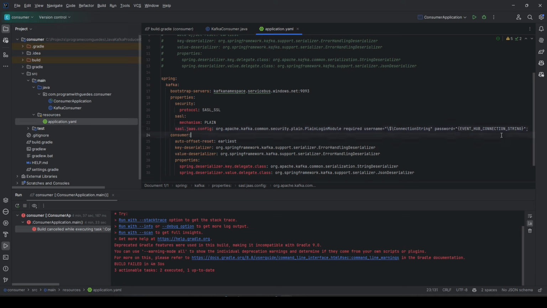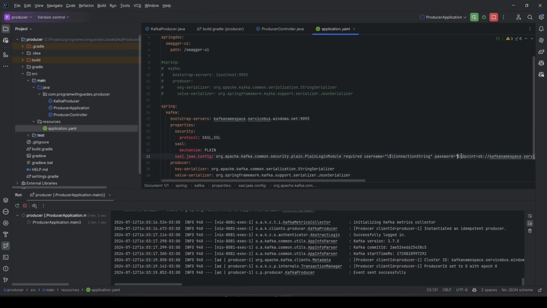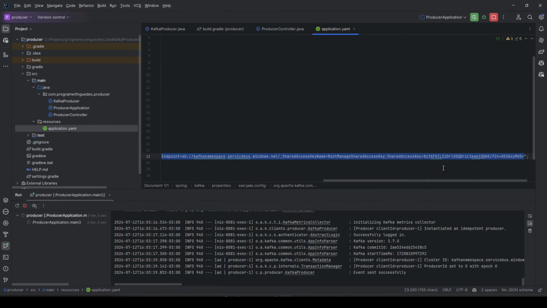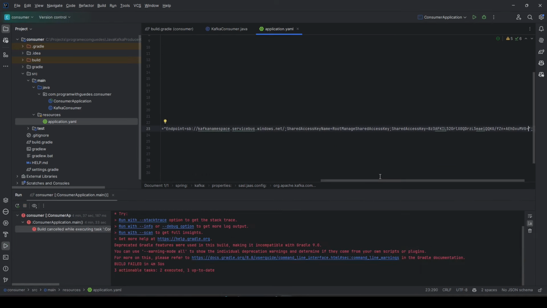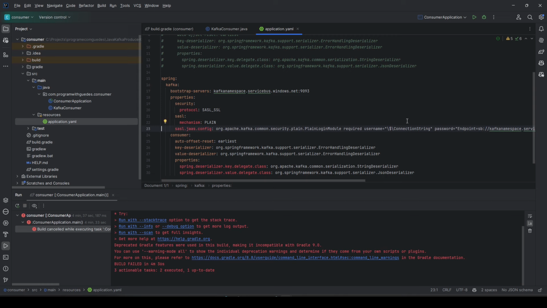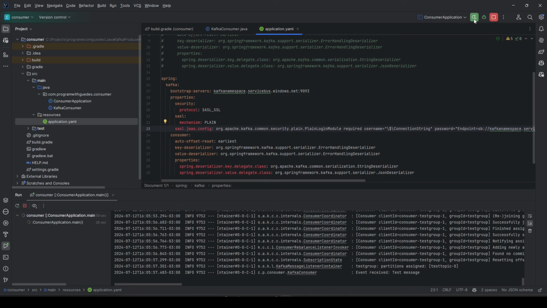And change the password variable as well. Now let's run our consumer project. The consumer project started successfully, and we can see the event received test message.